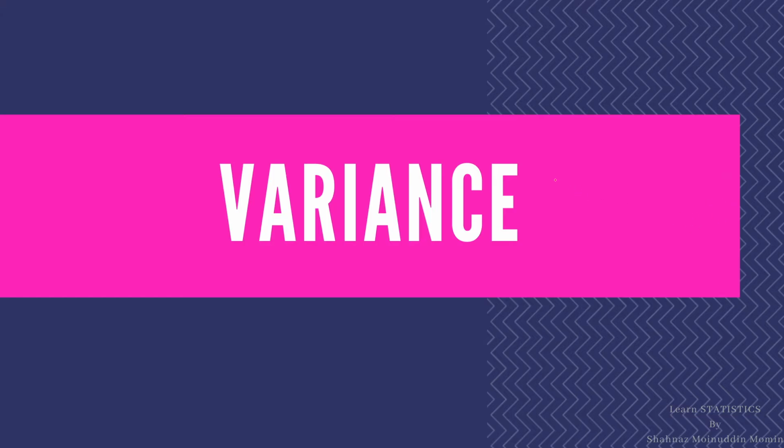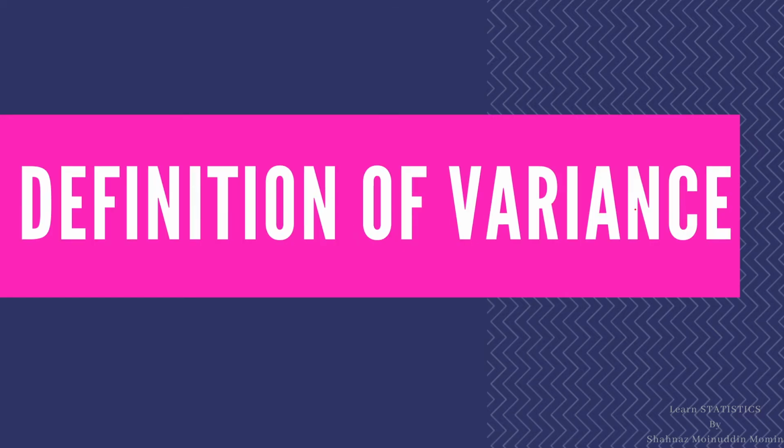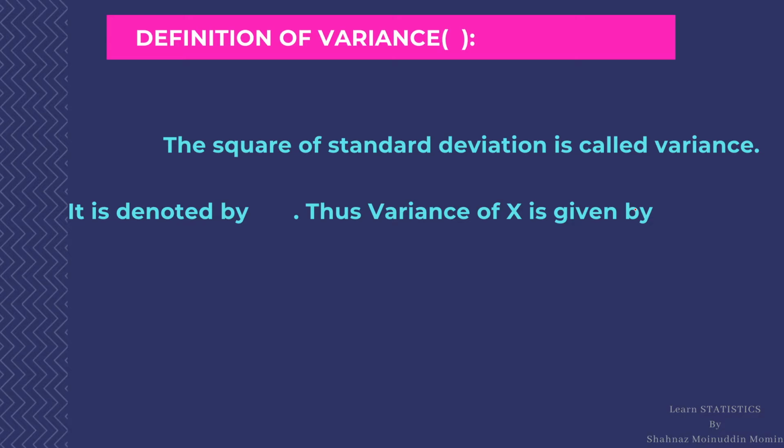Variance is denoted by sigma square. Definition of variance. Variance is abbreviated by sigma square, and it is defined as the square of standard deviation is known as variance. It is denoted by sigma square, and it is given by sigma square is equal to,